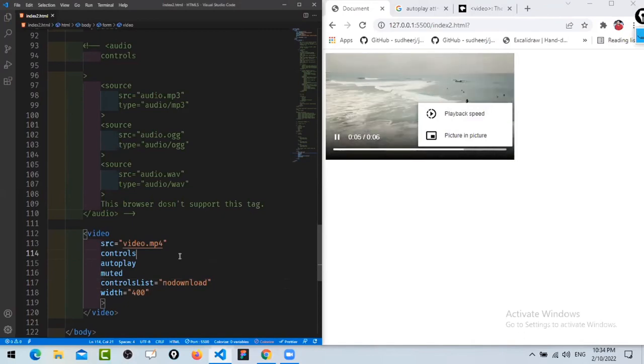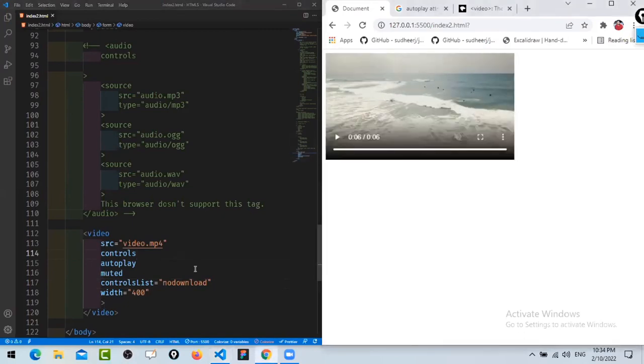Yeah, so see the new thing here. Today I have also learned this one. So we can use the controlsList attribute, and we can put nodownload here. Okay. Fine. But one thing, if I inspect this,